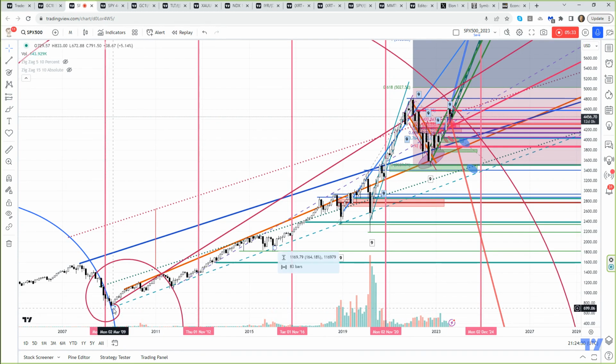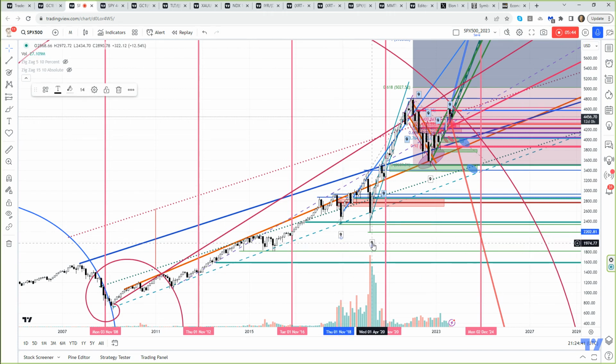From this point here, the low in 2009, to this point here, where the 9 is, this took, almost what? Got to do the math here. 2018 to 2009. So it took all of 9 years to complete a Fibonacci price structure. This entire rotation all the way up was incomplete all the way up until it completed here.